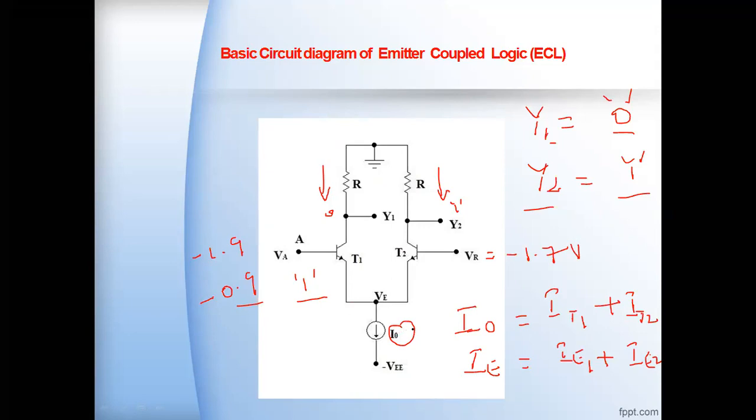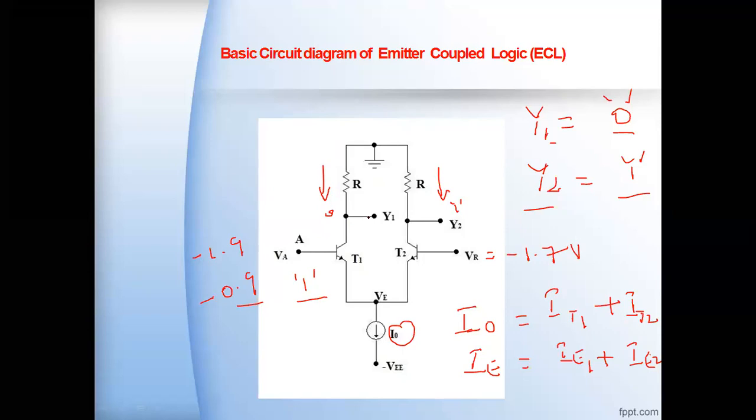So that's why we have stated in the characteristics of the ECL that it produces a constant current supply, because the current flowing in the circuit is fixed because of this negative voltage, but the current switches between the two transistors here. So in one case, the maximum current is flowing in the transistor T2. In the other case, the maximum current is flowing in the transistor T1.